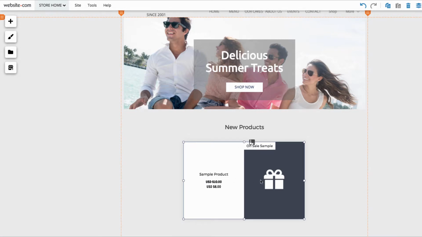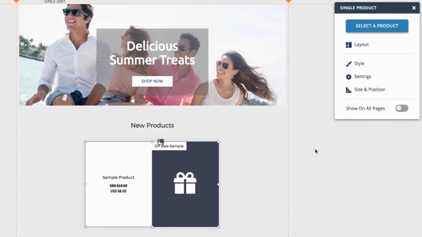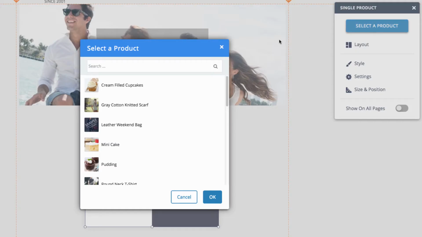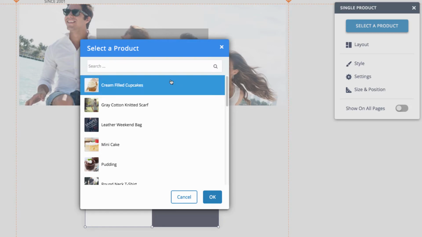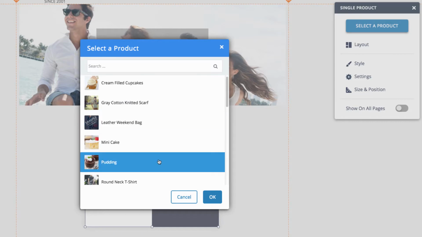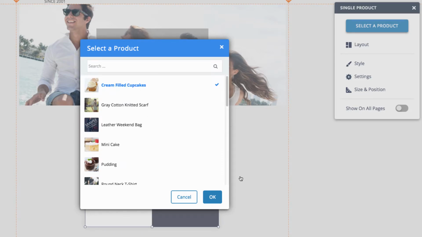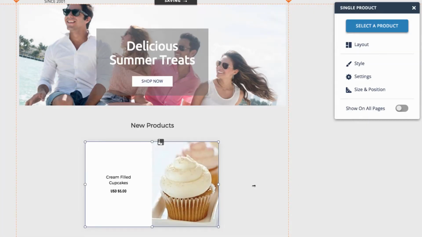Now, to customize this to be one of the products that I just added, I can click on it, and over here in the panel box, choose Select a Product. And then this will open up a menu where I can select what product I want to be featured here. So how about for this, I choose cream-filled cupcakes. So I'll select that and hit OK. And you can see that those changes have been reflected here on this singular product element that I just added